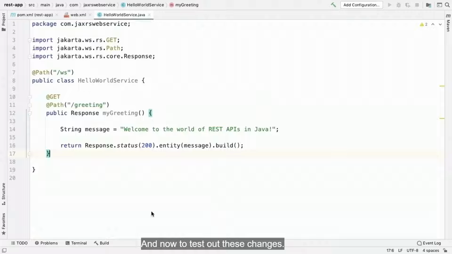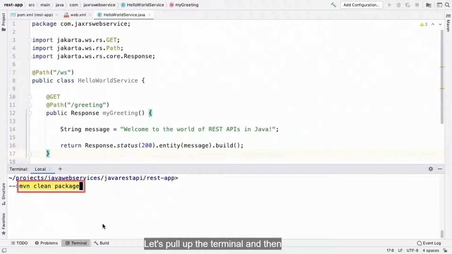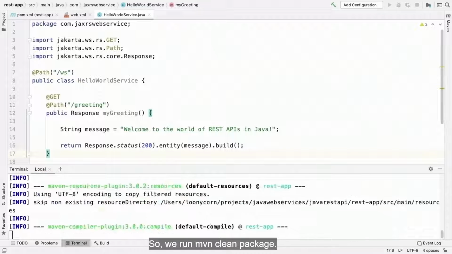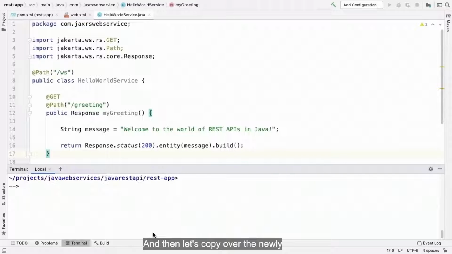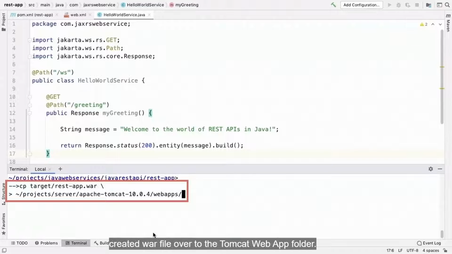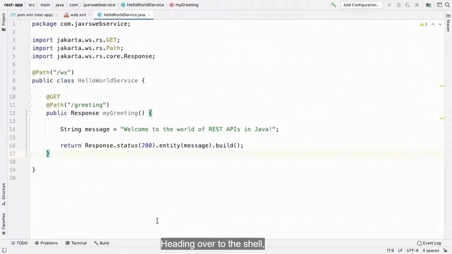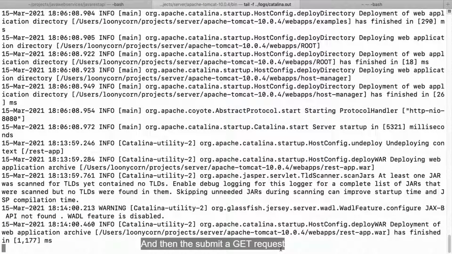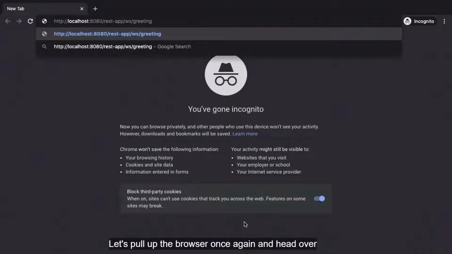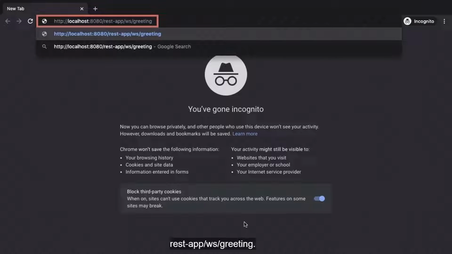And now to test out these changes, let's pull up the terminal and then rebuild and package the app. So we run maven clean package. The build success message should pop up in just a moment. And then let's copy over the newly created WAR file over to the Tomcat web apps folder. Heading over to the shell where Tomcat was started, we can confirm that the deploy has gone through. And then to submit a GET request to the endpoint, let's pull up the browser once again and head over to this new URL,